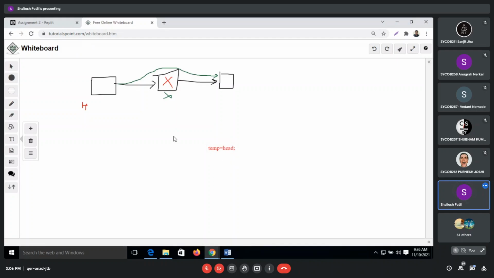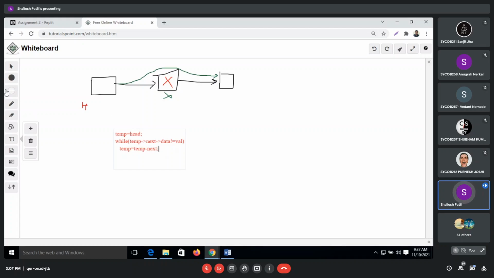To delete, I will move like this: while temp next data is not equal to the value to be deleted, I will make temp equal to temp next.